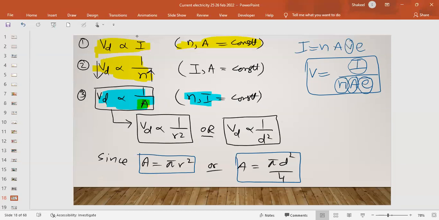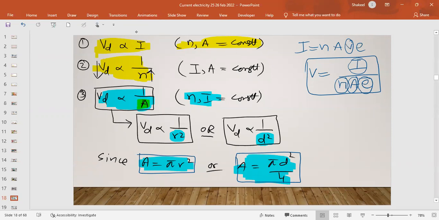Okay, N क्या चीज है, चार्ज डेंसिटी, it depends upon material. Material अगर कॉपर है तो सेम कॉपर है, चाहे वो थिन वायर है चाहे थिक वायर है, उसकी N की वैल्यू सेम रहेगी, राइट। ओके, सो अगर बेटा आप क्रॉस सेक्शनल एरिया चेंज करते हैं, लेट्स से आप क्रॉस सेक्शनल एरिया इंक्रीज करते हैं, तो ड्रिफ्ट स्पीड डिक्रीज हो जाएगी। अच्छा, क्रॉस सेक्शनल एरिया की जगह रेडियस और डायमीटर भी हो सकता है, क्योंकि यू नो एरिया इज पाई आर स्क्वायर और एरिया इज पाई डी स्क्वायर बाय 4, सो दैट्स व्हाई एट प्लेस ऑफ एरिया यहाँ पे रेडियस और डायमीटर जो है वो भी हो सकता है।